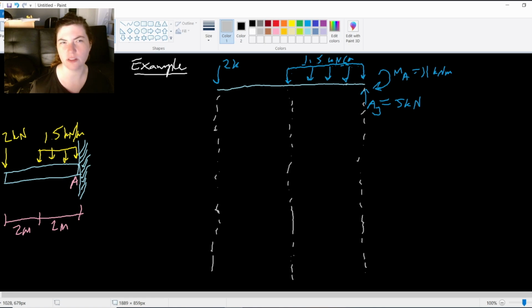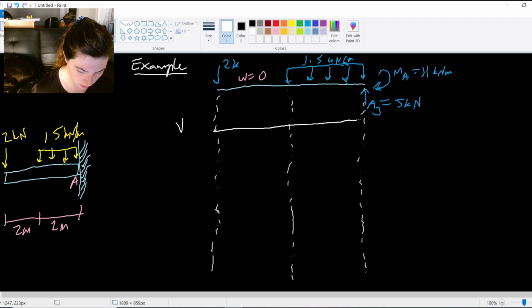And you may think, well, there's no load there at all, right? There's only the 2 kilonewtons and then there's nothing on the load. But that's still technically a load, right? It's just that the load equation here would be 0, right? And so when we integrate, that's why we get a constant for our shear. So that constant here, this is our shear diagram, put right here, and our